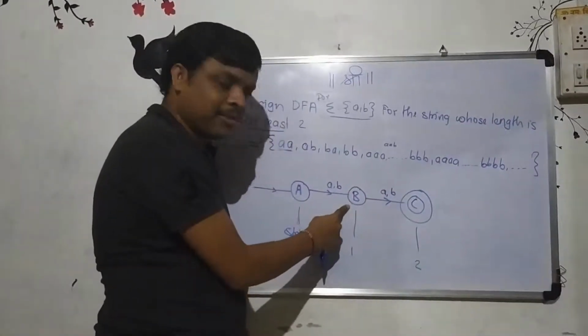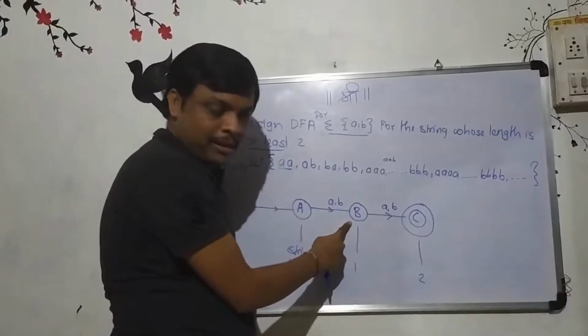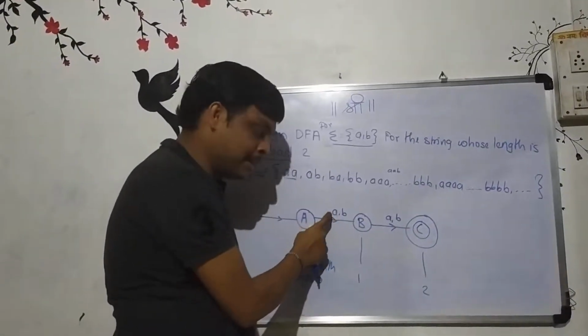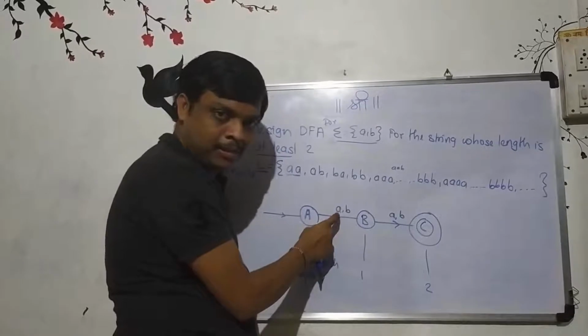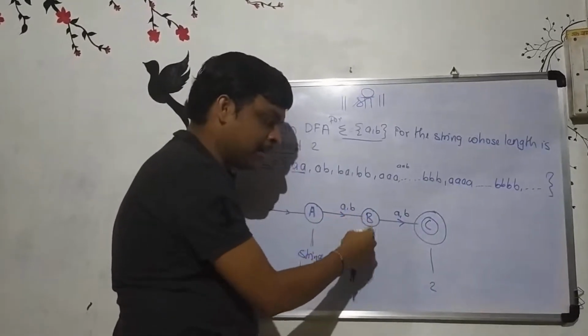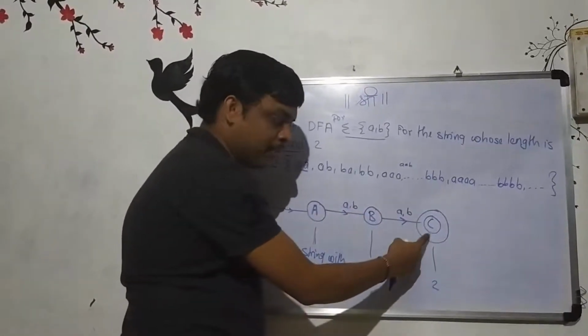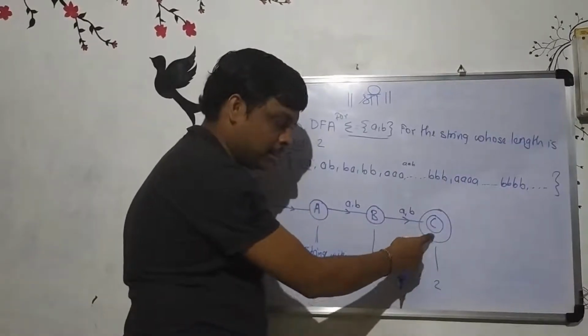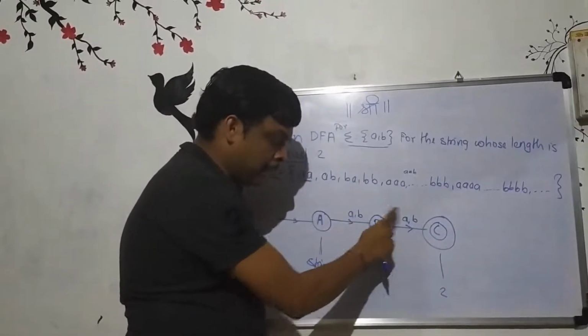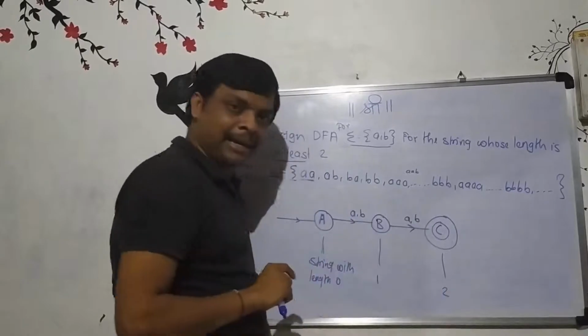It will accept all the strings of length 1 as well. Okay, here a comma is there in between. Either A it will accept or B it will accept. But here we have not made this B final. Which state we made final? C. So that's why AA, AB, BA and BB are accepted.